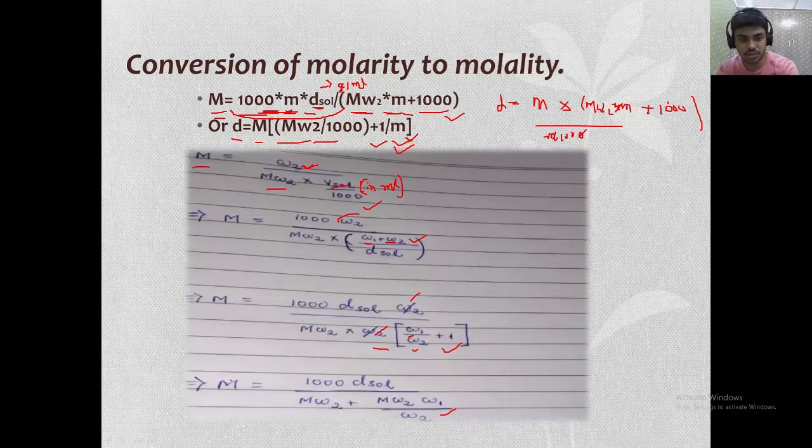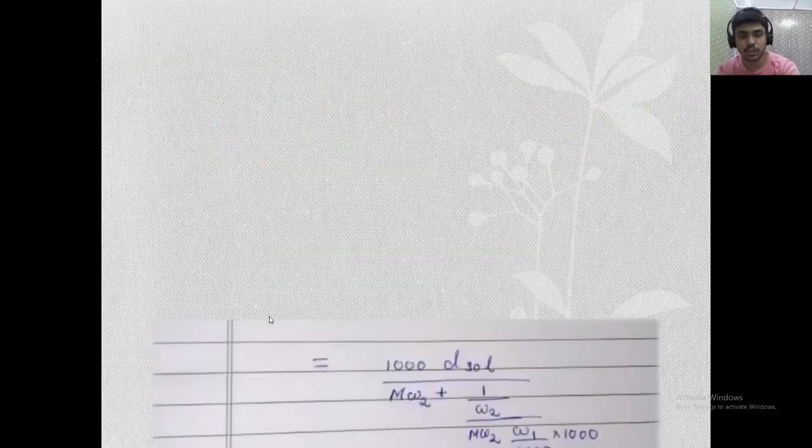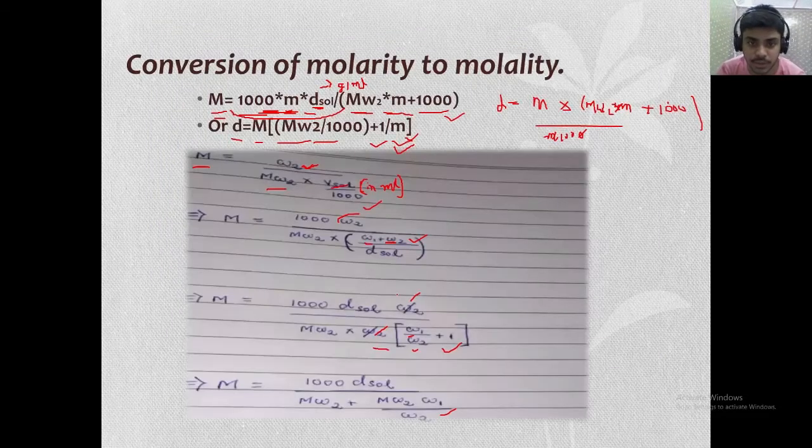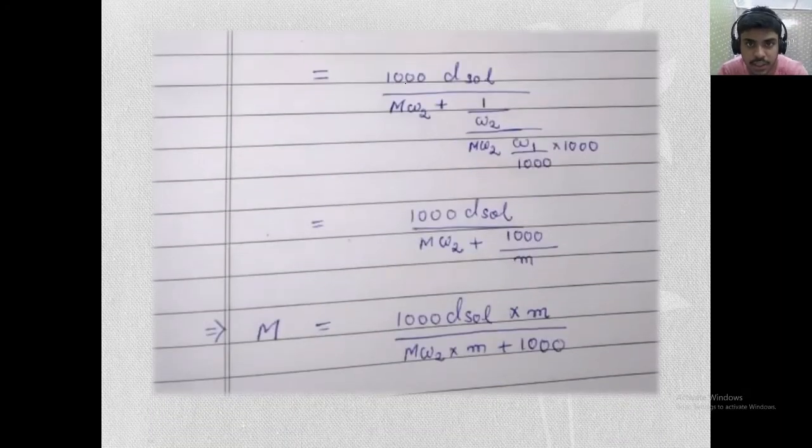All these are equal to molarity. Okay, so the next one, you have seen in the previous one that this you remember. Okay, note down, this you note down. Now see the next. So it's 1000 into dissolution by MW2. Now I am making this whole thing, which was in the numerator, I have brought below the denominator, so it will also go in the numerator.